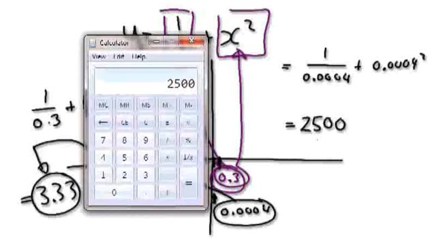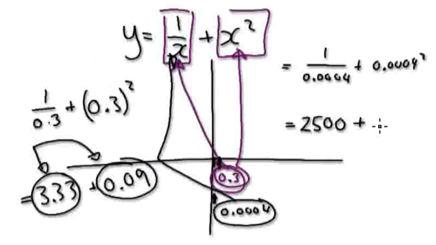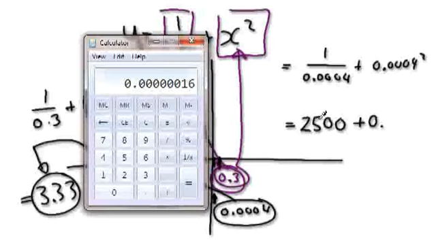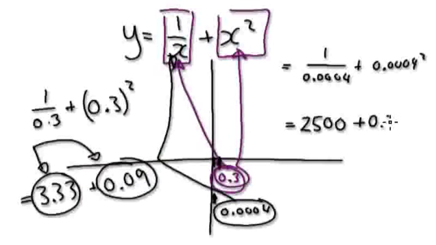Now do 0.0004 squared. I can't find my squared button, so I'm just going to times it by itself. 0.0004 times 0.0004 equals 0.00000016. Okay, yeah. So when x is really close to